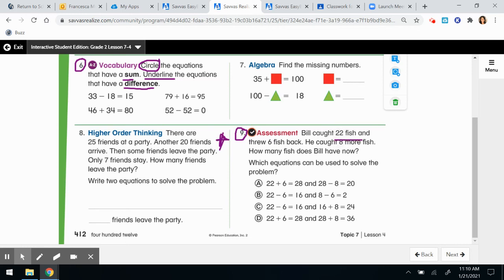Bill caught 22 and threw 6 fish back. That's going to be step 1. Are you adding or subtracting? Think about that. So for your first equation, you want to think, is that going to be an addition equation or subtraction equation? Then, after he threw 6 fish back, he caught 8 more. How many does he have now? I want you to look through there and choose which one you think is